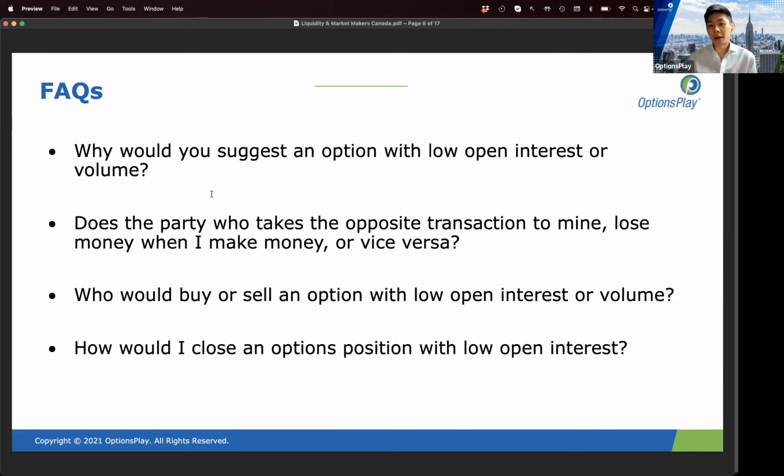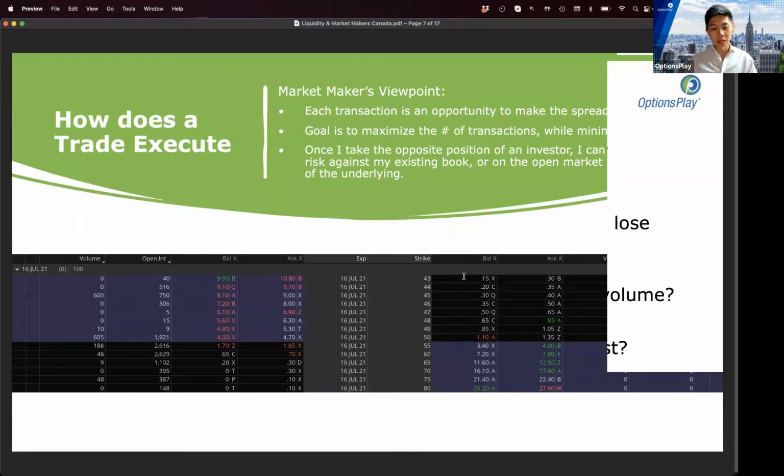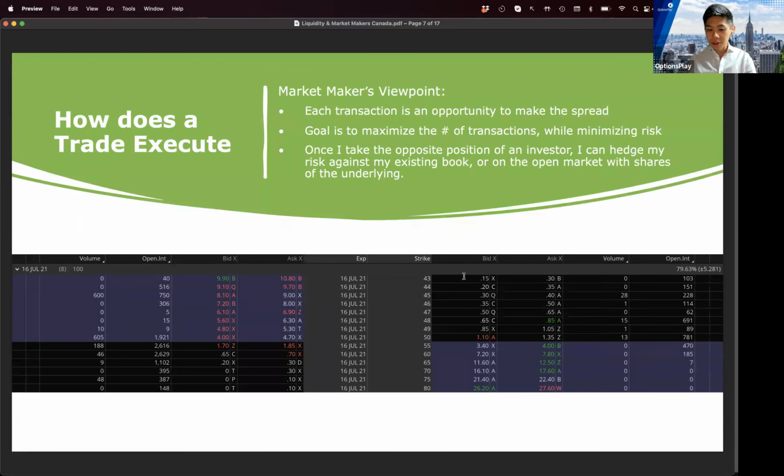And who would ever buy or sell an option with low open interest? Because you would think that you wouldn't be able to get out of the trade, right? And that certainly would not be a position that anyone wants to be in. So this is something to consider here, because the other side of the trade from a market maker's perspective, and